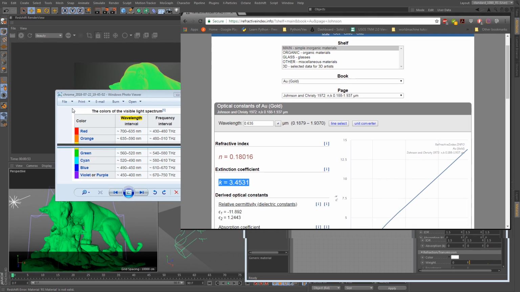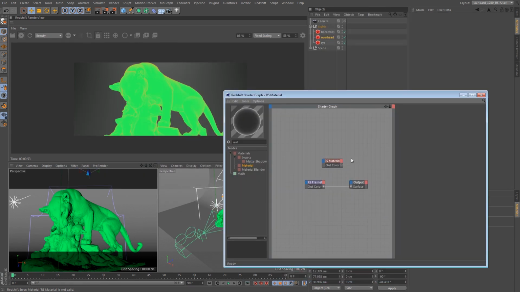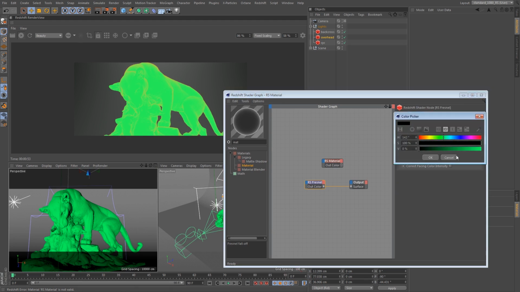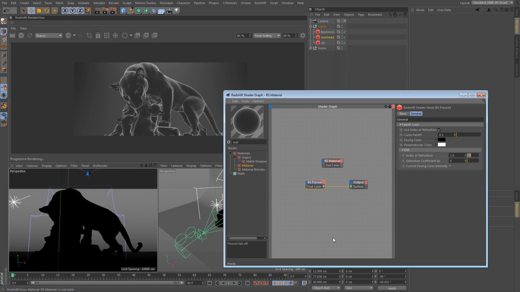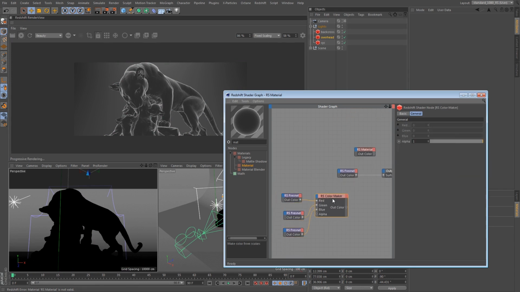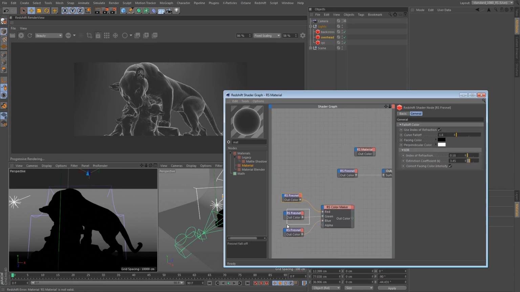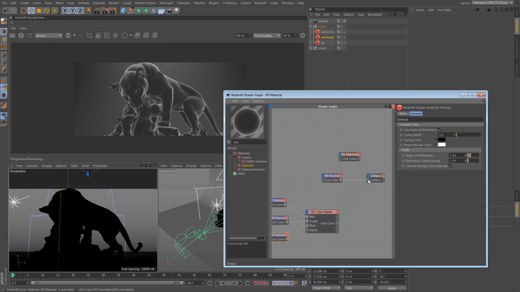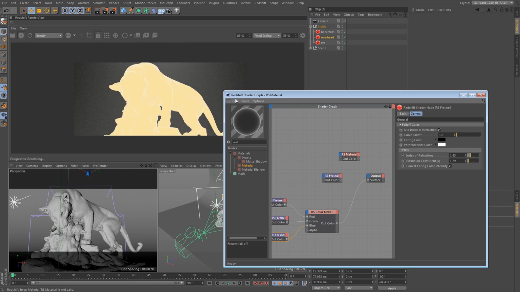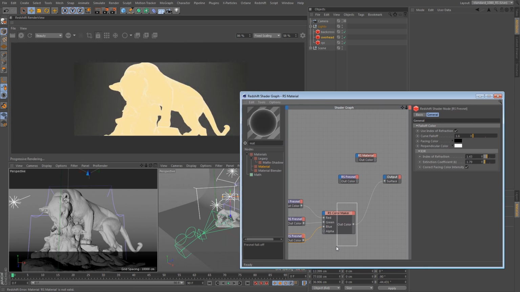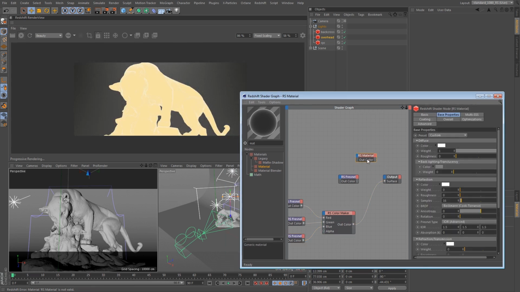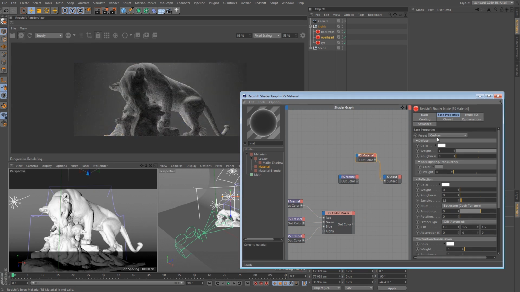And then so you could enter these values into the corresponding value here. We'd have to have these set to black and white, and then wire it up into Color Maker. So we've got our red, green, and blue values. And if I pipe this out to the surface, it's going to look kind of weird. But if we were to plug this into the reflectivity of the metalness option on the reflection lobe, we would get precisely the same as the